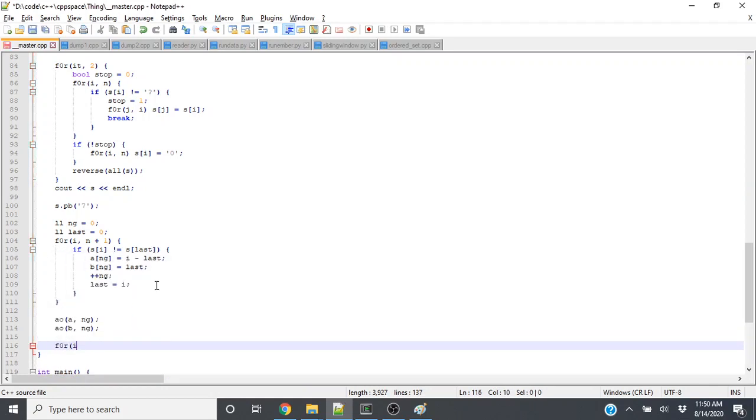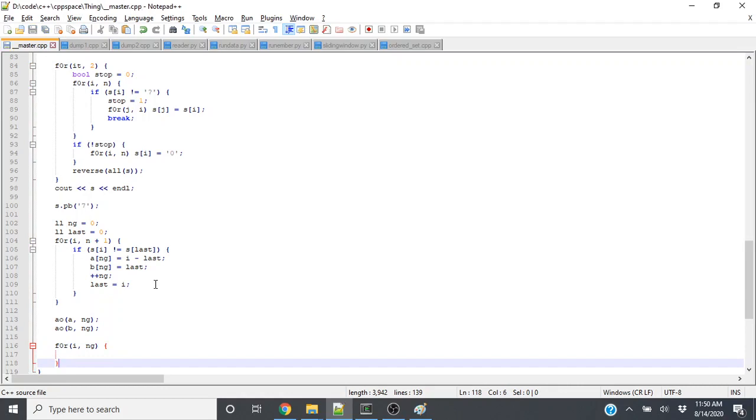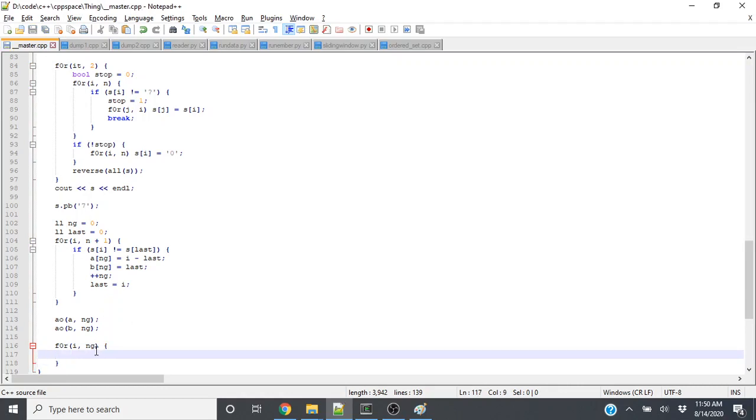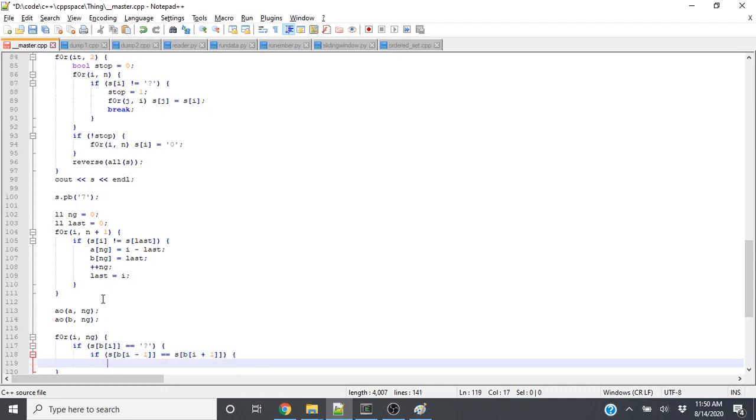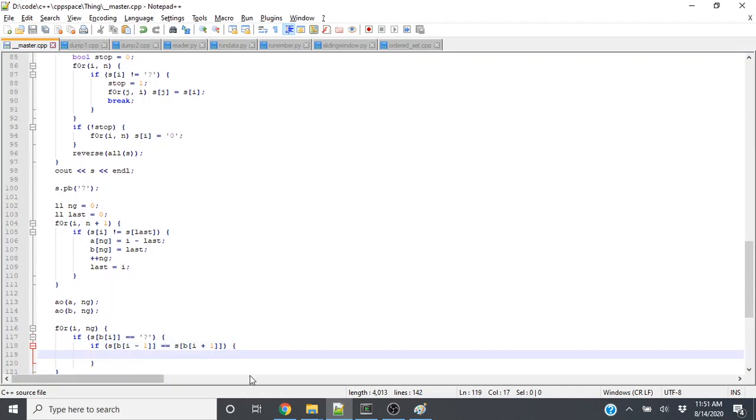So for i in ng, then we're going to recompute the groups after. If s[b[i]] is equal to question mark, if s[b[i]-1] equals s[b[i]+1]. And we can do this and we know it won't go out of bounds because we know that the ending groups are no longer question marks. So then